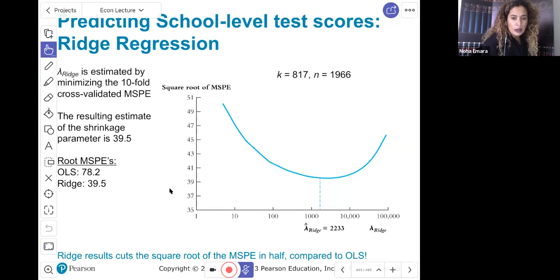And this figure is just trying different numbers for the penalty parameter. And we came up here with lambda hat ridge as 2233, a point which minimizes the amount of errors. And this would give us, so when you go here, of course I can't show you with my pen because